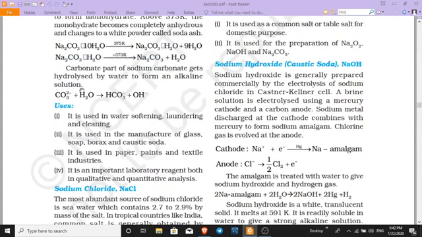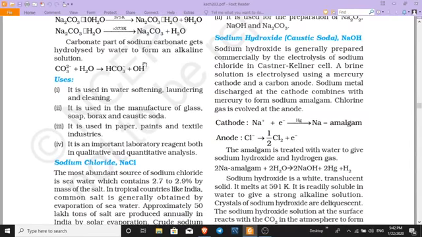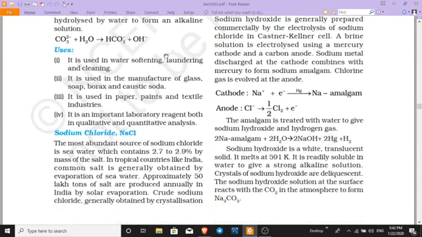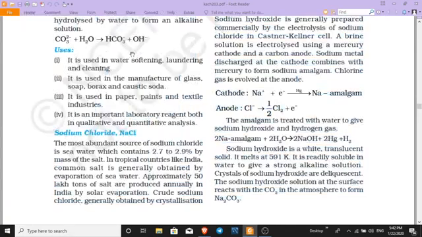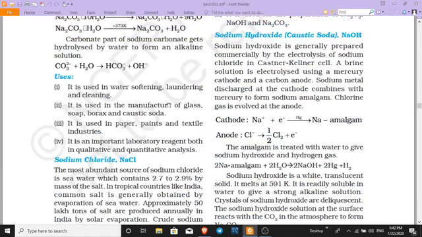Now the carbonate part of sodium carbonate gets hydrolyzed by water to form an alkaline solution. CO3 2- when added to water forms HCO3- plus OH-. What are the uses? It is used in water softening. Means if a question comes in the exam, name a compound which is used for softening water, you can answer this,